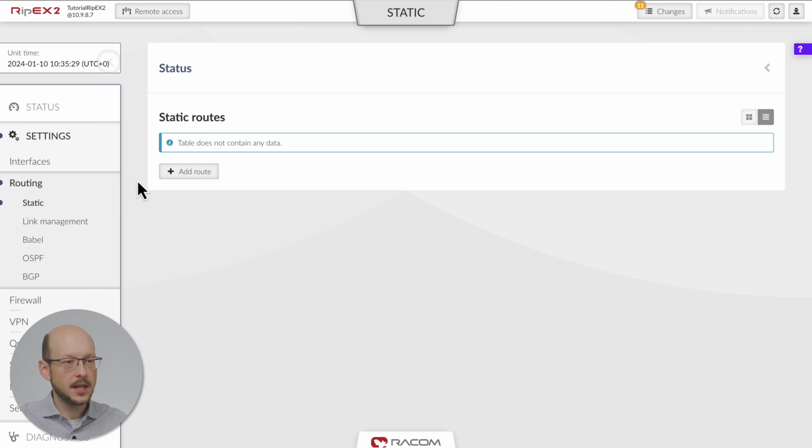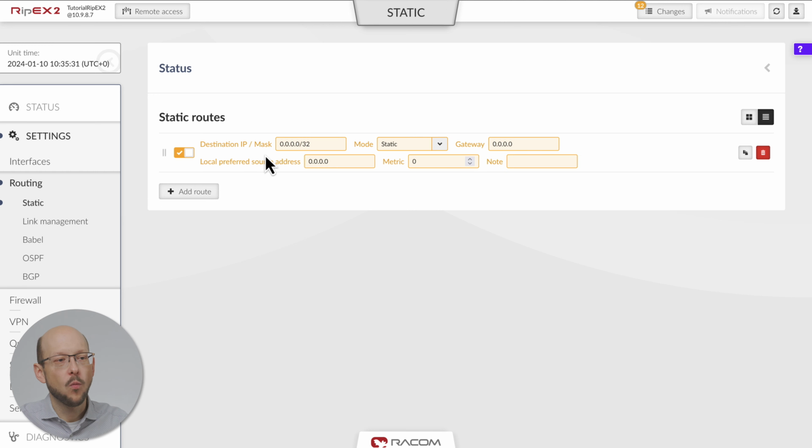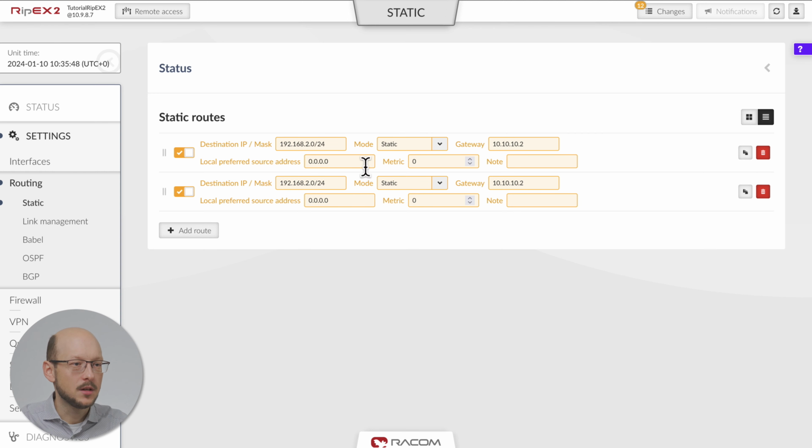So we will set just 2 lines, 192.168.2.0/24 via 10.10.10.2 and 192.168.3.0/24 via 10.10.10.3. Addresses starting with 10 will be radio IP of remote RIPEX units.